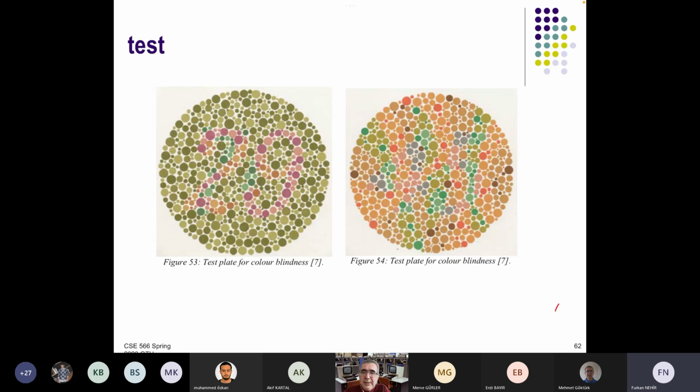So, is there anybody who cannot see a number on the left? Okay. What do you